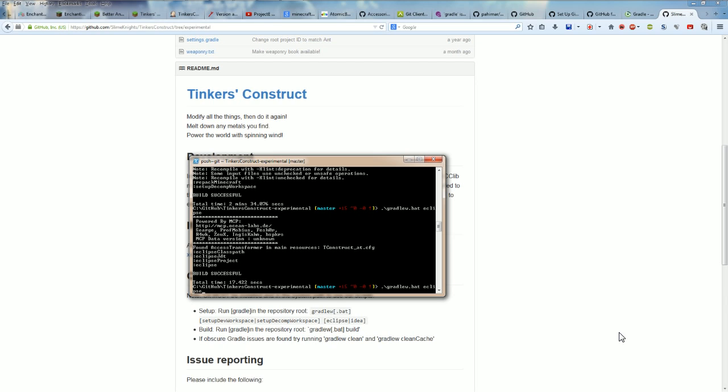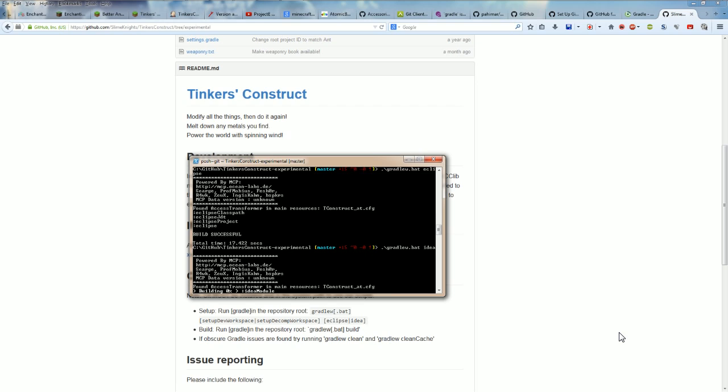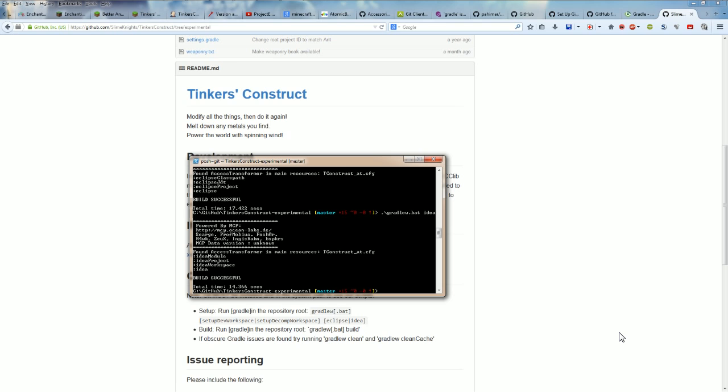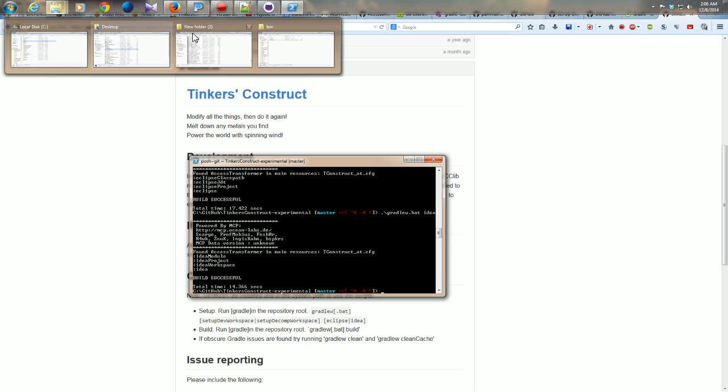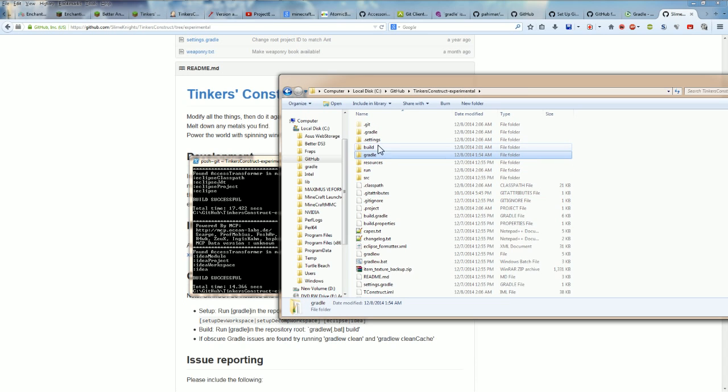So now we've got that done. Let's erase Eclipse and type in idea, IDEA, and hit enter. And when this says successful, you are successful. Guess what? You're successful. Now, go to the repository where you have your repository set up. And if you look under builds,